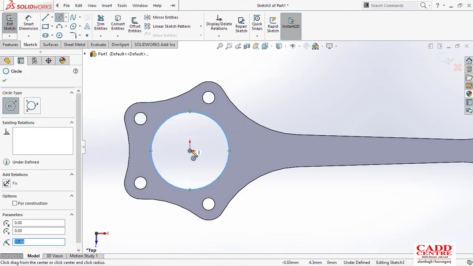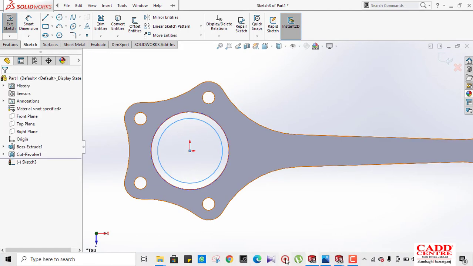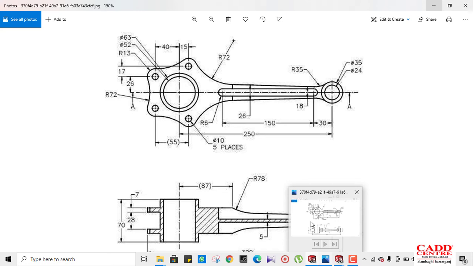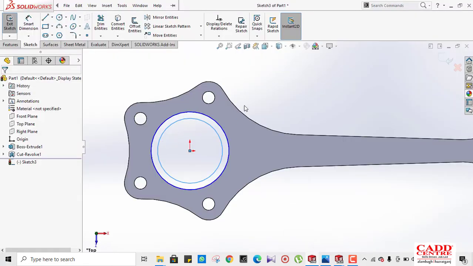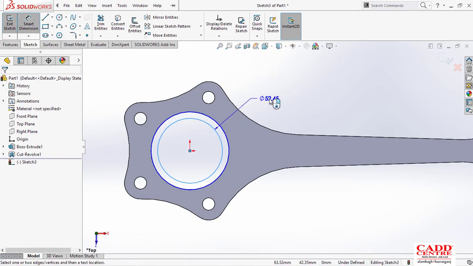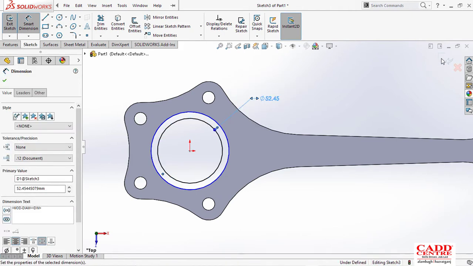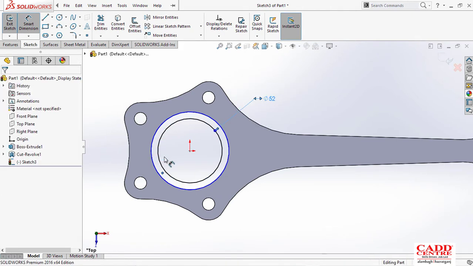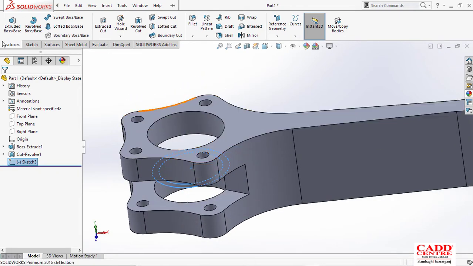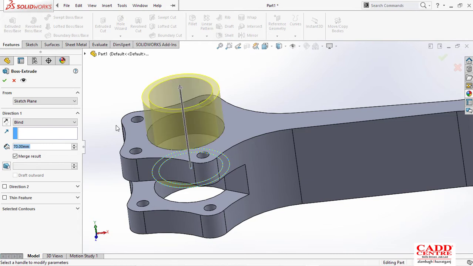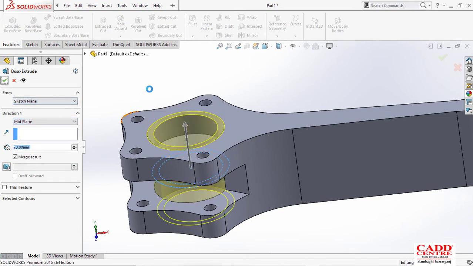I'll draw this one and this one, and the diameter for the inner one they have given previously also. The diameter for the inner one is 52, so just give it 52, and extrude this also with mid plane, which is 70. So I'll extrude with mid plane 70. That's how we will achieve this type of result.